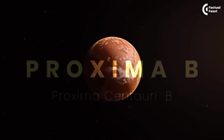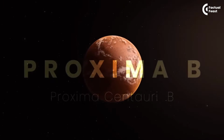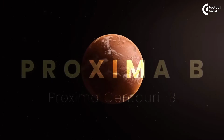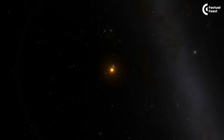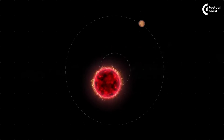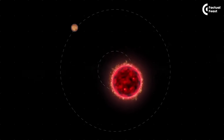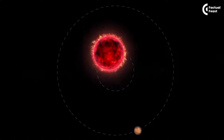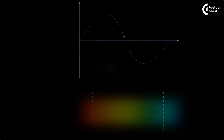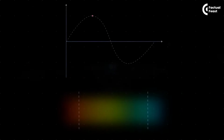This is Proxima b. Astronomers discovered it in 2016 using the radial velocity method. It relies on the fact that a star doesn't remain completely stationary when a planet orbits it. The star will actually move slightly in a small circle because of the gravitational tug of the smaller planets. Researchers use extremely sensitive spectrographs to track a star's light spectrum. If there's a planet around a